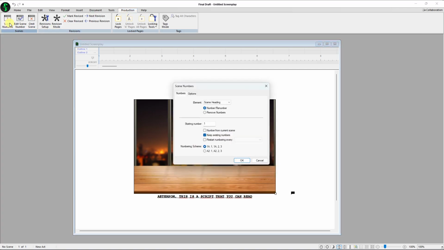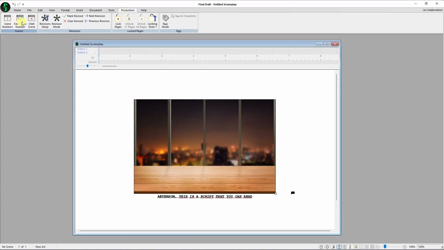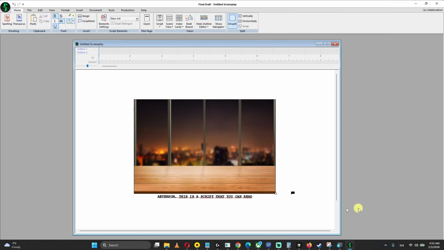And then the production menu, like scene number 1, and then you have edit scene number, omit scene. So this is where you have production for the scenes, and then also help. So this is pretty straightforward. What you're going to find, for example, are the guides here on how to use it and what you can